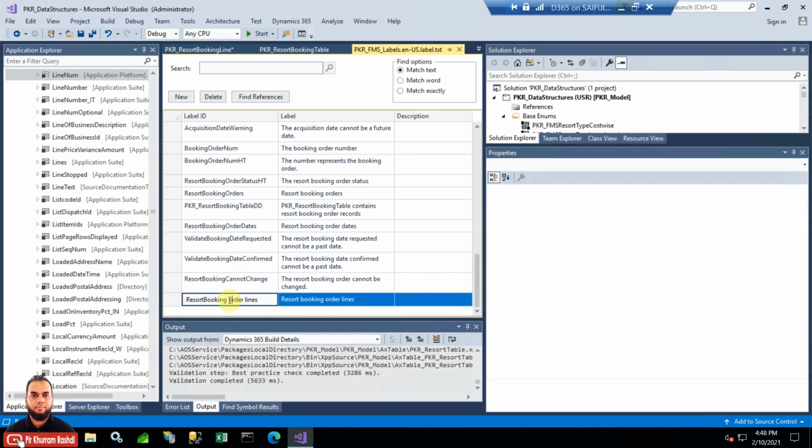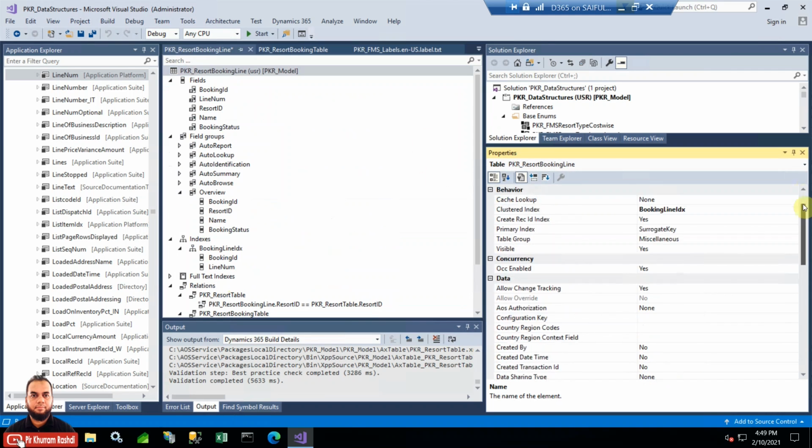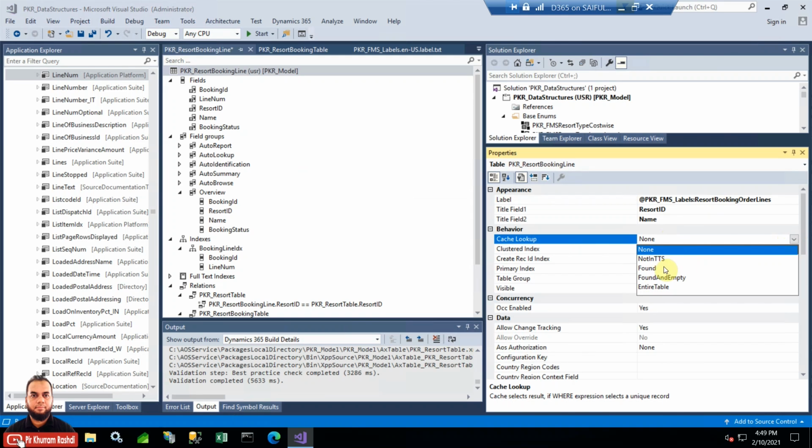Resort booking order lines. Just copy this label, place it in the label of the table, and then we need to also select cache lookup, which will be found